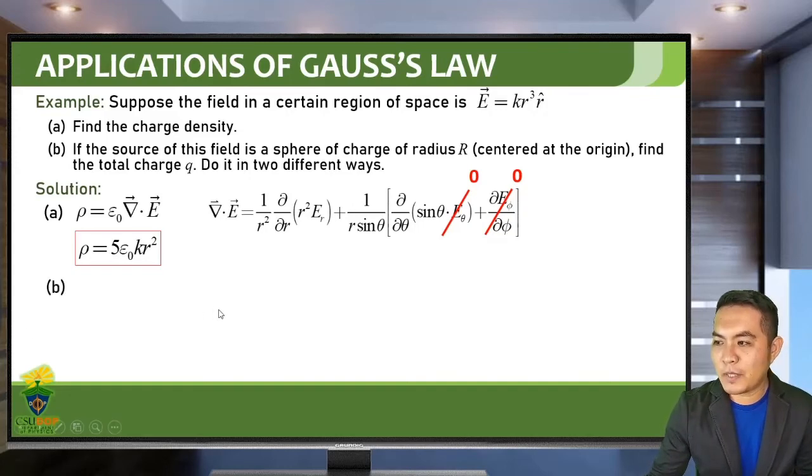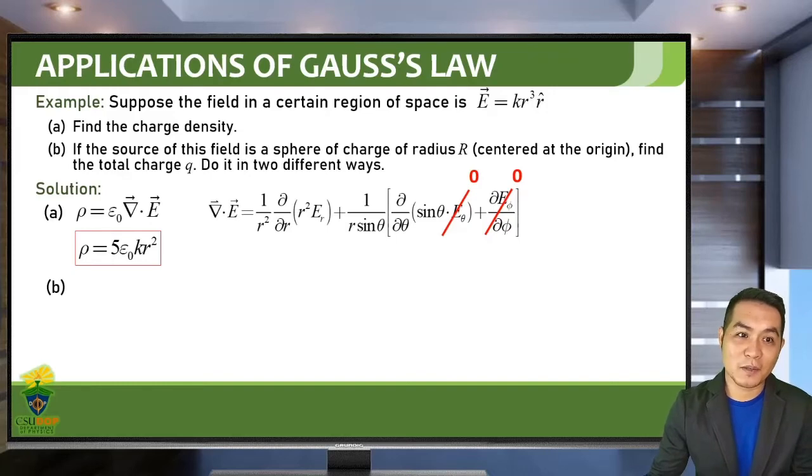How about for letter B? How do you find the total charge Q? You can actually do it in two different ways. One is using the integral form of Gauss's law. That's the difference between the differential form and the integral form of Gauss's law. You can use the differential form to solve for the charge density, rho. You can use the integral form to solve for the total charge Q. So from the integral form of Gauss's law,